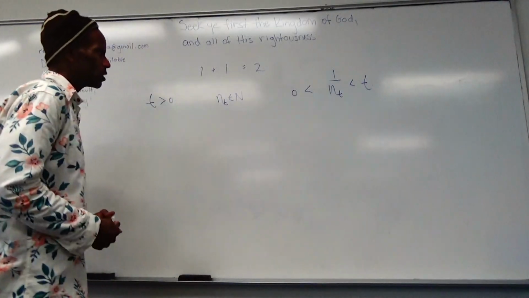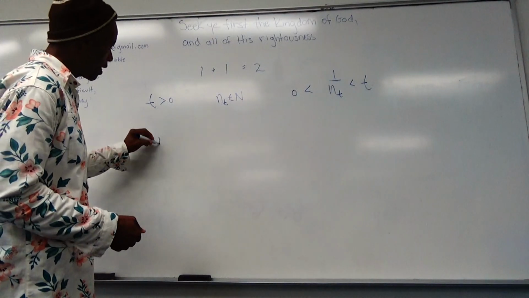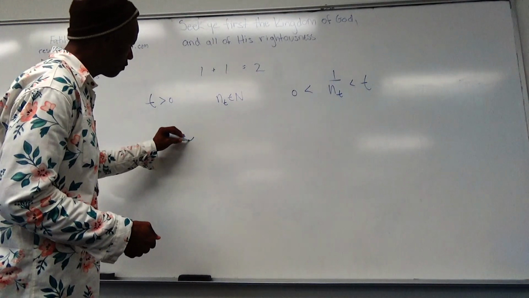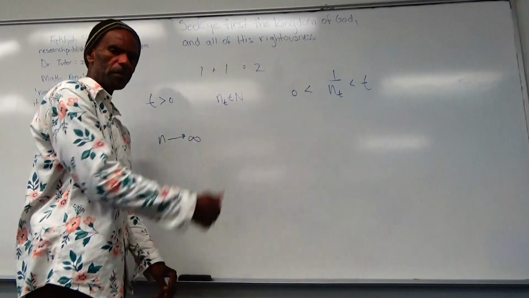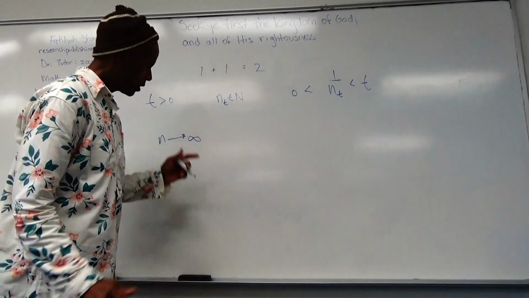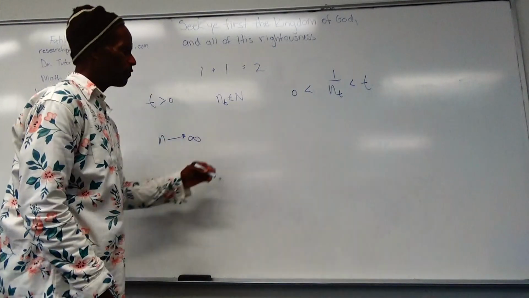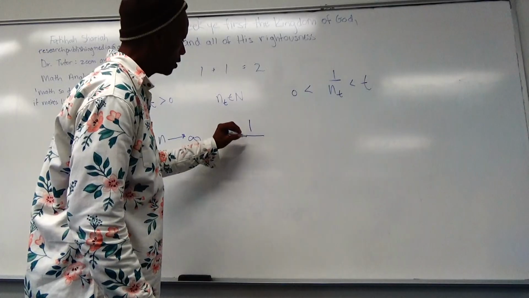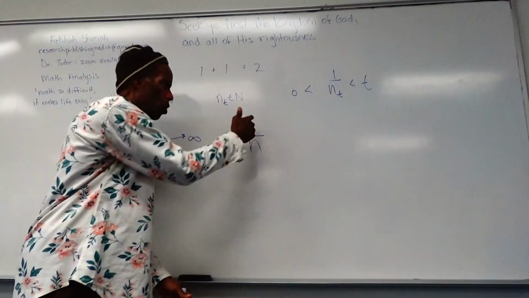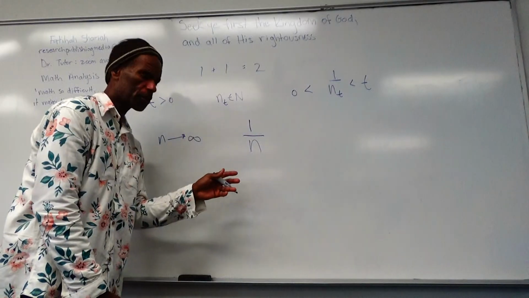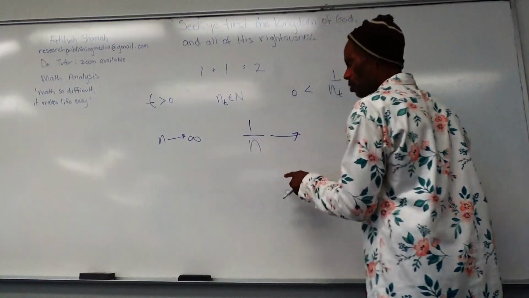The tricknology is that, look, if n goes to infinity, that's a trick already, right? Because you don't even know what that means. But let's just look. If n goes to infinity, well, if you put n in the denominator and you divide that into 1, which is in the numerator, then the value of that variable,